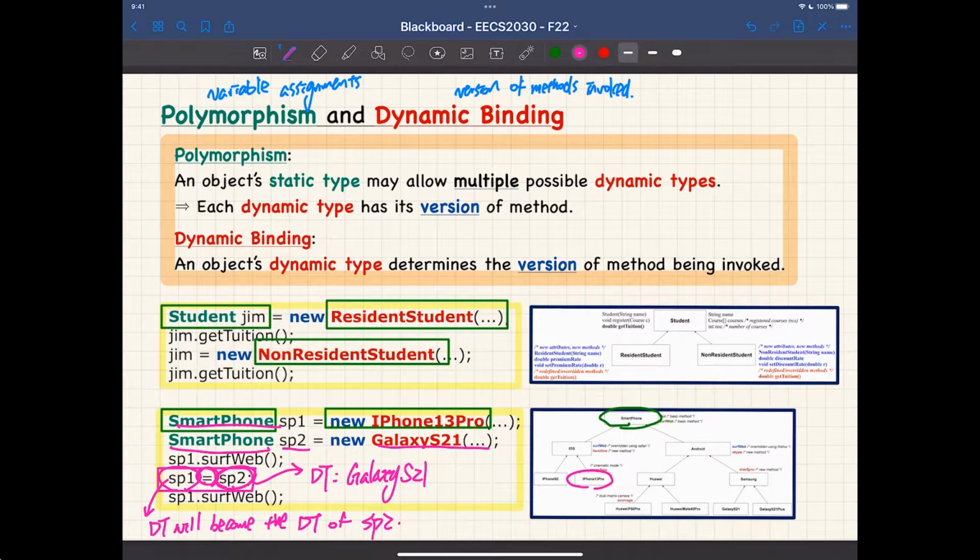And we have seen this example many times. At this moment here, the dynamic type is ResidentStudent. At this moment, the dynamic type here is NonResidentStudent, meaning that this getTuition will come from ResidentStudent. This getTuition will come from NonResidentStudent, right? And similarly,